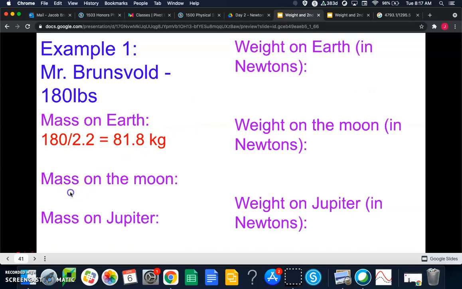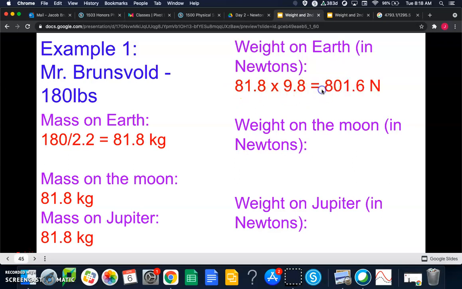So your mass on the moon is also going to be 81.8 kilograms. Your mass on Jupiter is also going to be 81.8 kilograms. Your weight, however, will change. So if we calculate my weight in newtons on Earth, we need to start with my mass, 81.8 kilograms, and then we multiply that by the acceleration due to gravity on Earth, which is 9.8. So 81.8 times 9.8 equals